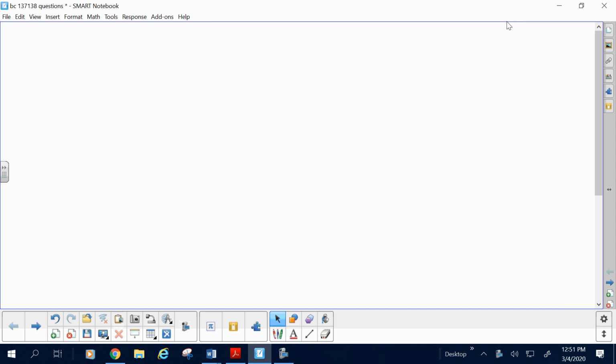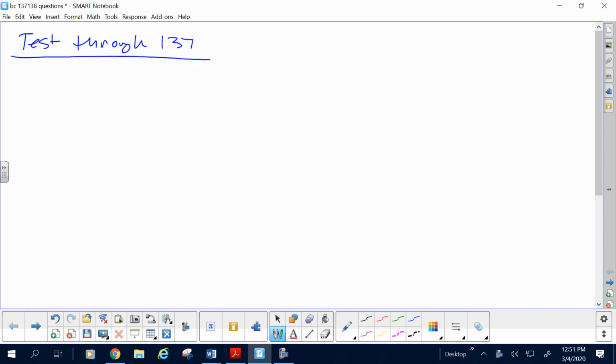Real quick, just walk through the material that you might see on the test. All right, so the test is through 137. Yeah, I guess that's in there. That's below 137. Actually, 136. Sorry, I don't want piecewise on there, so it's going to be through 136. Piecewise is still a work in progress. So let's talk about that. 136 is